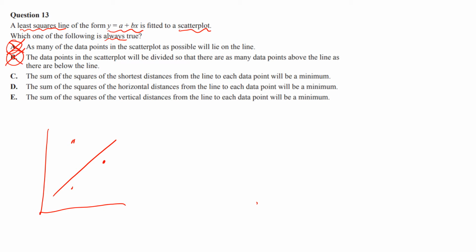You might have some outliers. You could have even more outliers, you can have another one there, and then some more like that. And they're just trying to balance each other out. So B is not true. So that leaves us with